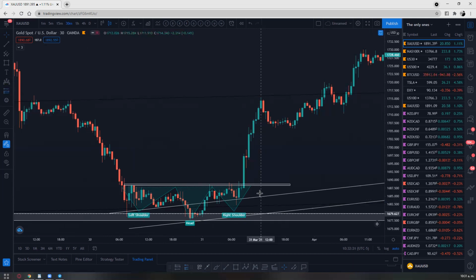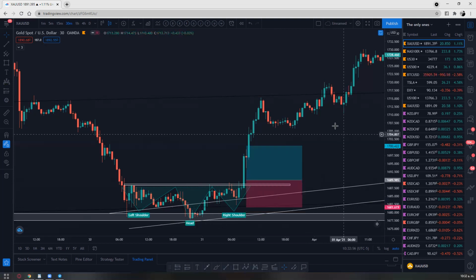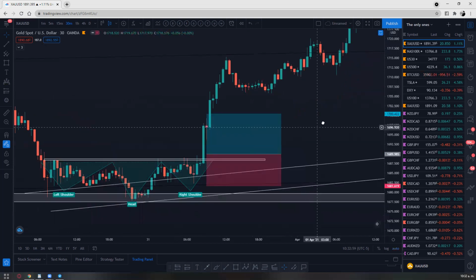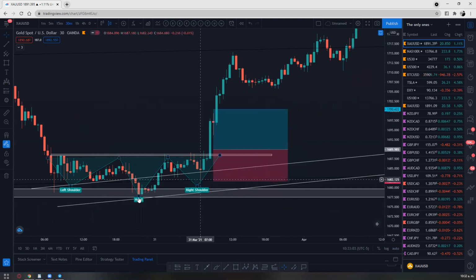Now, I think there's another question in there: where would you put your stop loss? So usually if I go in after the breakout, I'm on a 30-minute, of course, I should be going on a 15-minute or 5-minute for the entry. Let's suppose we got the entry right there. As soon as the structure is broken, we go in right there, and the stop loss usually is below the last low, if you're going on a buy. Right there. Where was the last low? This was the last low, not this one right here.